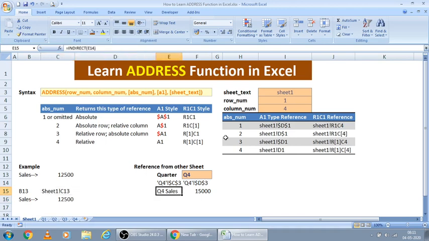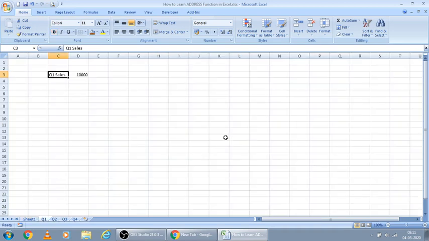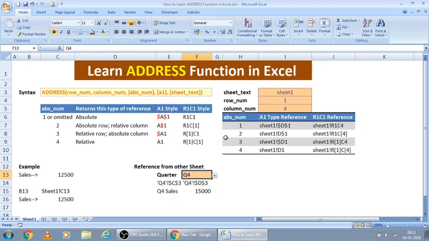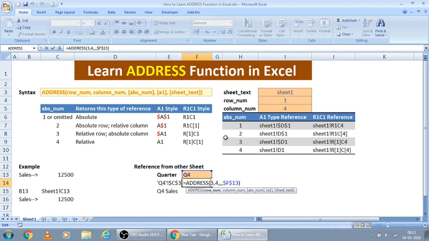Now let us see how to get the data from other sheets also. Here I have 4 sheets, Q1, Q2, Q3, Q4. Let us see what is inside. Q1, Q2, Q3 and Q4. Here everywhere I have put the data in the same cell locations. Now let us see how to get that data here. Just putting address, I know it's in row number 3 and column number 4.